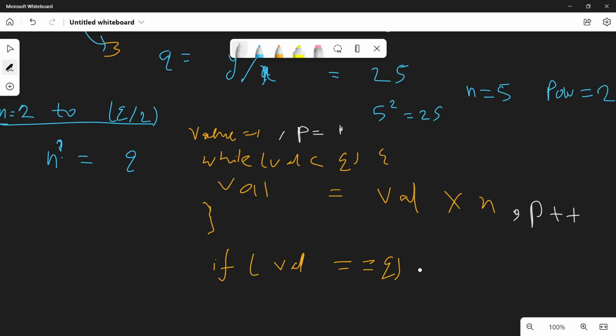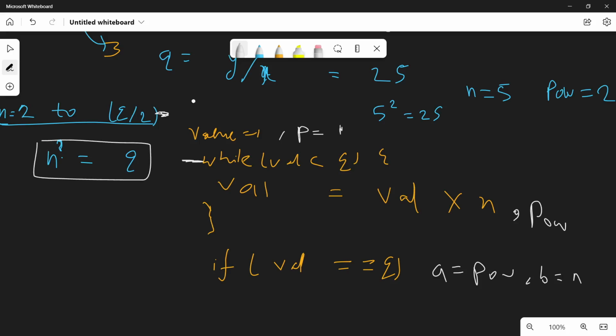And if value is q, our a becomes power and b becomes exactly n. So this is the second loop and this is the first loop. You don't need to do this; this is basically for understanding purposes.